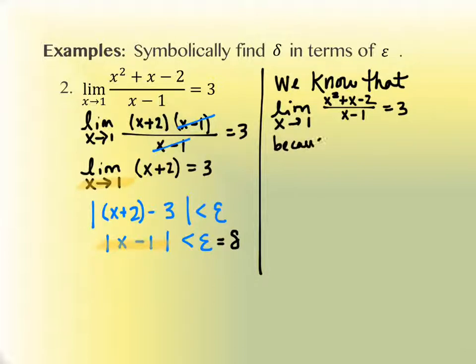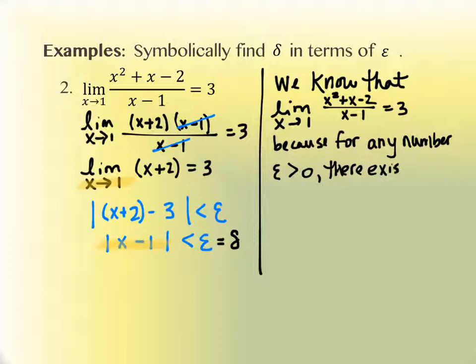Because for any number, every value epsilon greater than 0, there exists a delta equal to what in this case? Epsilon. It actually equaled epsilon in our case. There exists a delta equal to epsilon such that